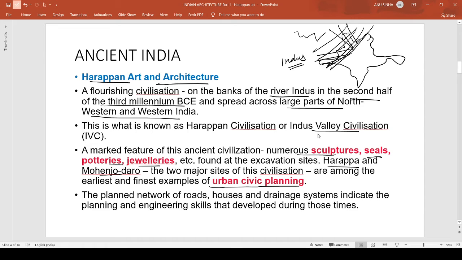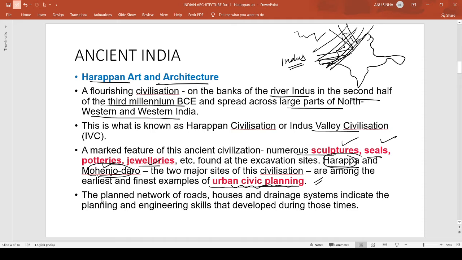Okay, तो इसको हम लोग हड़प्पन और द इंडस वैली सिविलाइजेशन बोलते हैं। और इस सिविलाइजेशन का सबसे मार्क फीचर क्या था कि हमको एग्जामिनेशन साइट से जब हमने खुदाई किया तो हमको बहुत सारे स्कल्पचर्स, सील्स, पॉटरीज और ज्वेलरीज मिले हैं। और दो जो मेजर साइट इस सिविलाइजेशन का है वो एक है हड़प्पा और एक है मोहनजोदारो। आज के डेट में दोनों ही साइट्स पाकिस्तान में हैं और इन दोनों साइट्स ने सेट अ ग्रेट एग्जाम्पल ऑफ अर्बन सिविक प्लानिंग। सो हड़प्पन सिविलाइजेशन एक अर्बन सिविलाइजेशन था।